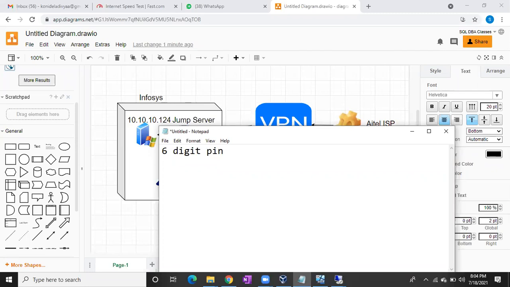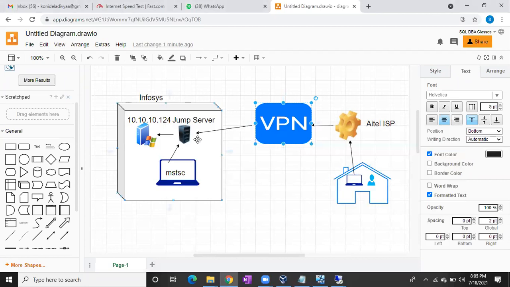Or else, sometimes if you see software employees, earlier they used to carry some small device. What is the device called? Anyone having any idea? Okay, RSA token, yes, very good. So they carry that small device, and the pin is generated automatically every 30 seconds or 1 minute. They use this pin to connect to the VPN. From there they can connect to the office servers. This is how it will work.